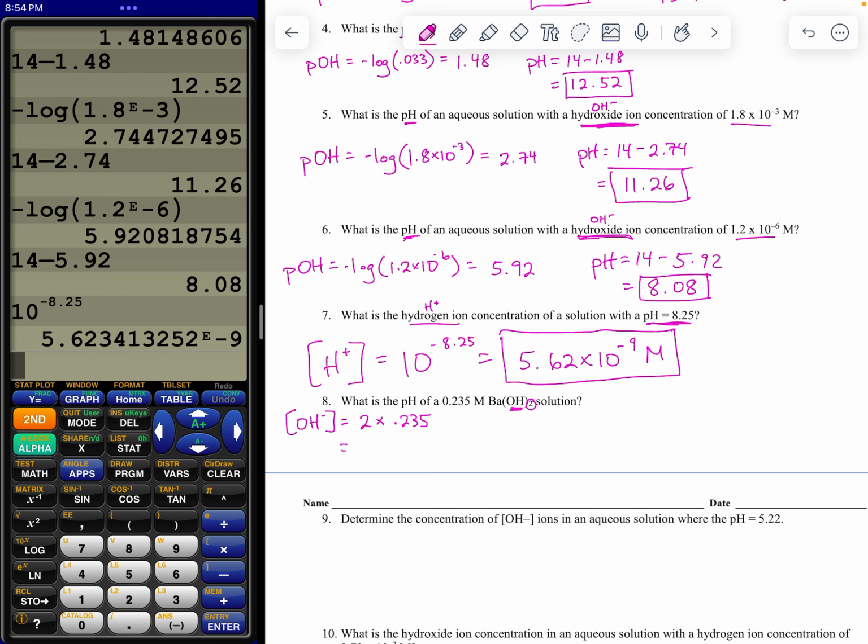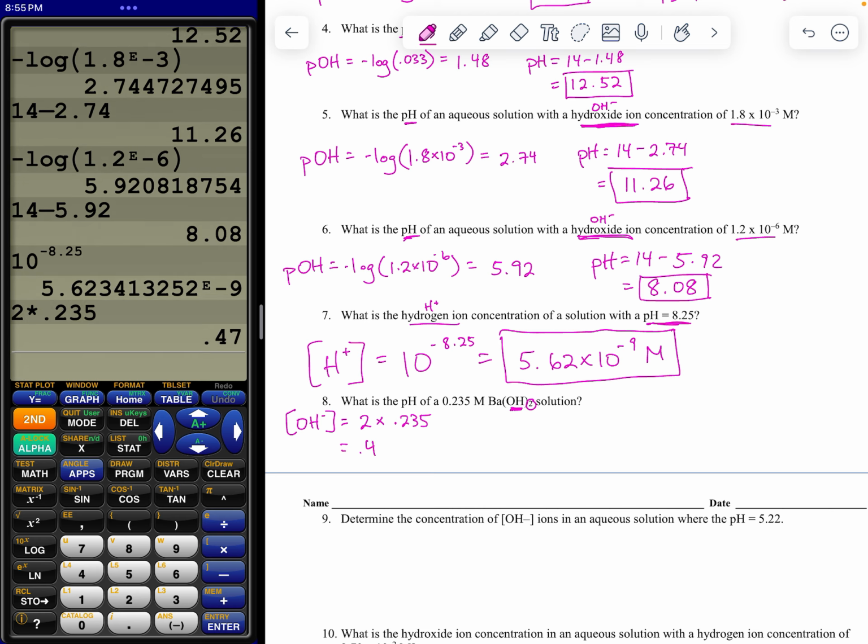So 2 times 0.235 gives me 0.47. From that, I'm able to take my pOH, negative log of 0.47,